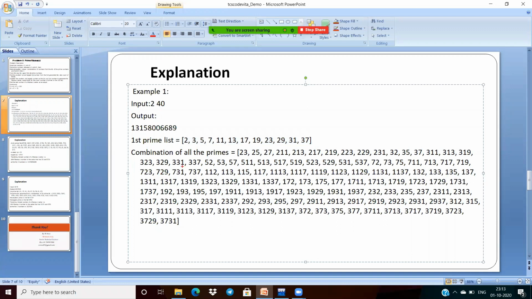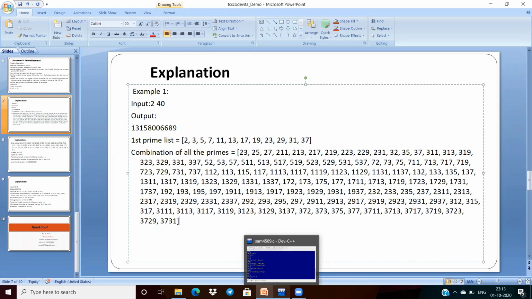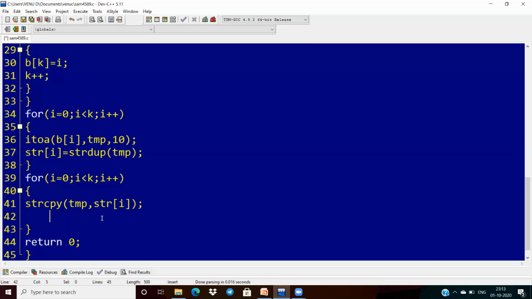Suppose 2 with 3: 2 with 3 means 23 will form. For the next number, 23 is concatenated with 5. But actually I need 2 as it is; it can't be modified. So that is why I have to store str of i temporarily into some temp.